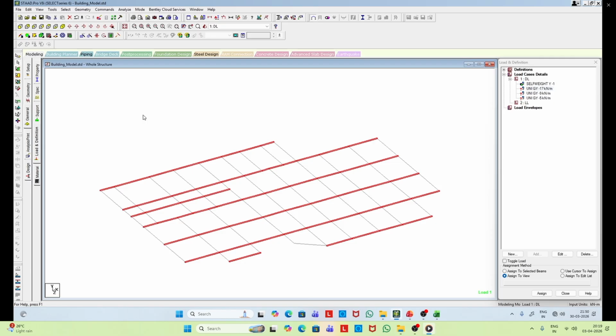So this can be done in a different way. We select all the beams parallel to the x-axis and then deselect those where we are not going to apply this load. Otherwise, we can assign to view. Now all these beams are selected which are parallel to the x-axis.